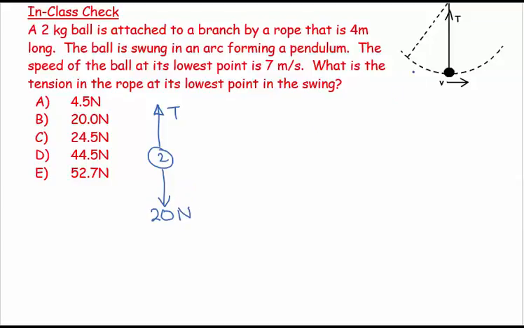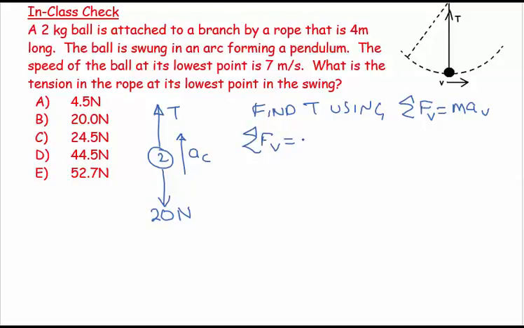And the ball is clearly not in equilibrium. It's going in a circle, so there must be a centripetal acceleration. And so we simply apply Newton's second law. We say find T using the sum of the forces vertically equals ma vertically. So we say that a sum of the forces vertically equals ma vertical, which in this case is equal